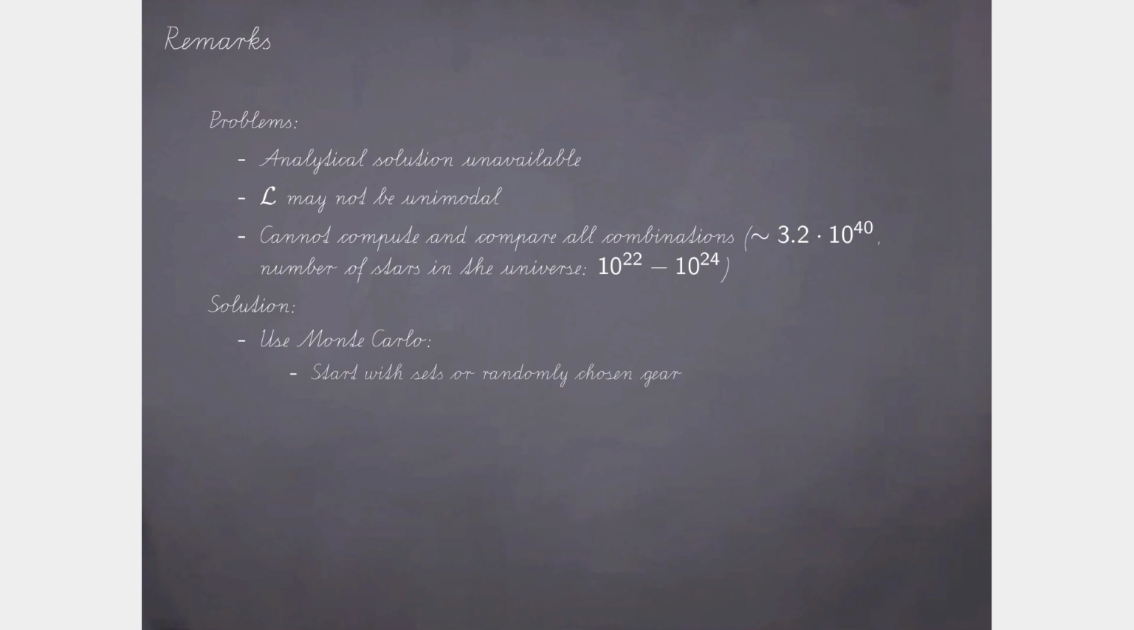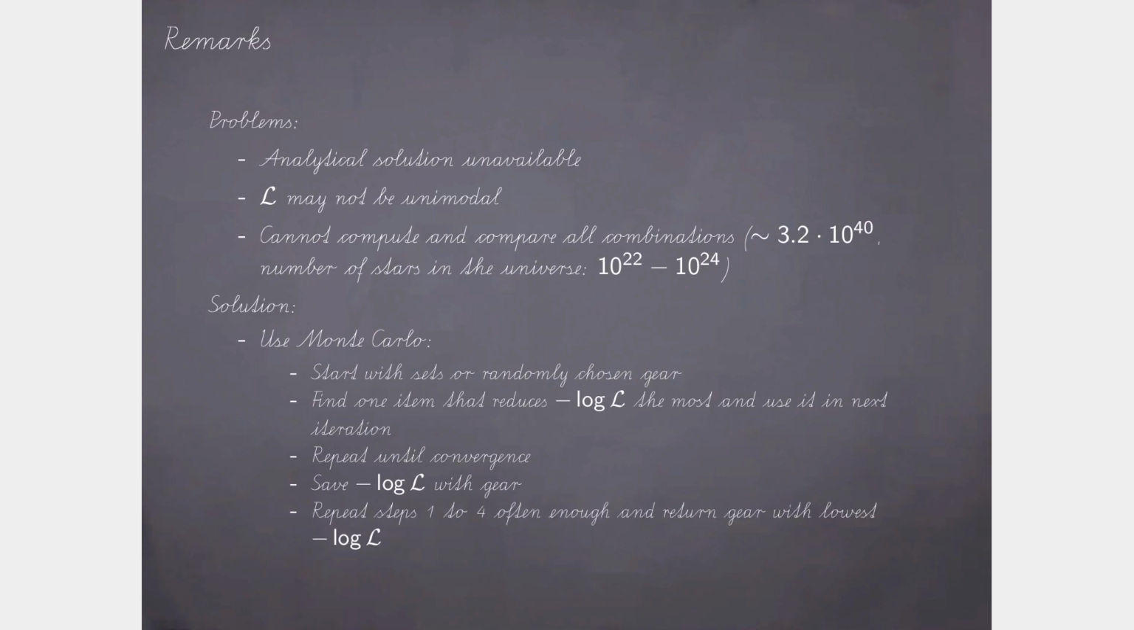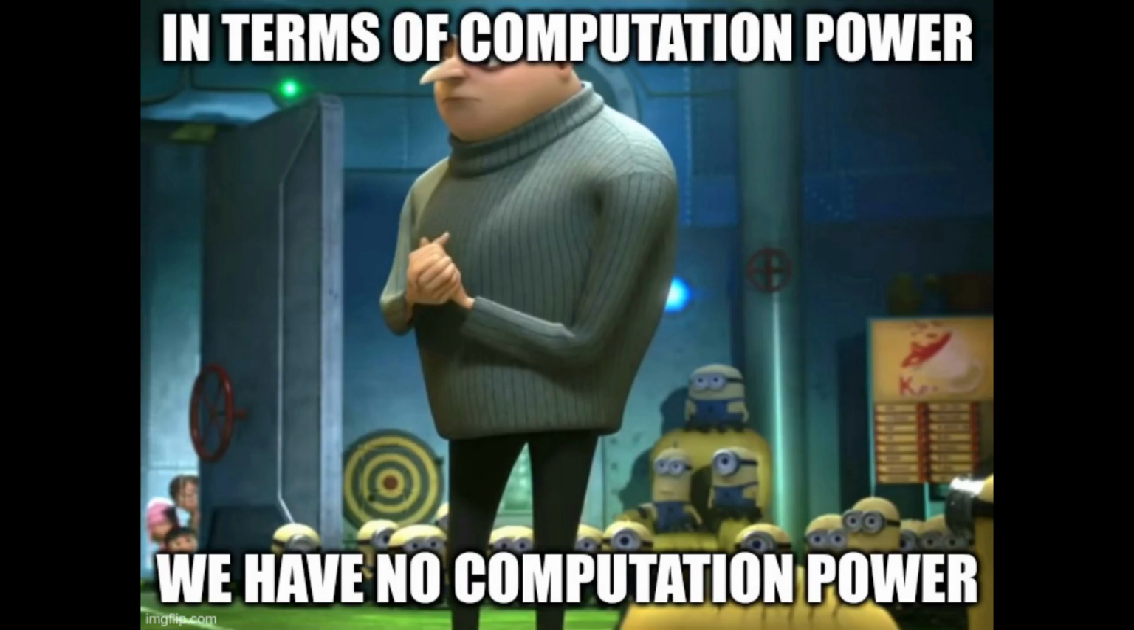First, we start with a random composition, half the time also including randomly chosen sets. Then we search for one single item that improves our likelihood the most and equip this item. This searching will be repeated until there is no single item left that improves the likelihood anymore. The resulting itemization and its negative log likelihood will be saved, and the procedure will be repeated often enough. The itemization with the lowest negative log likelihood is the final result. This plan sounds good,